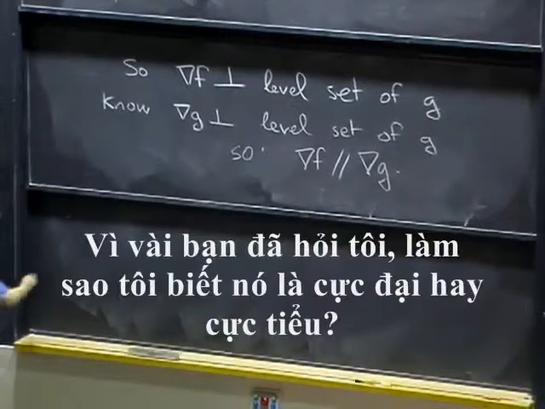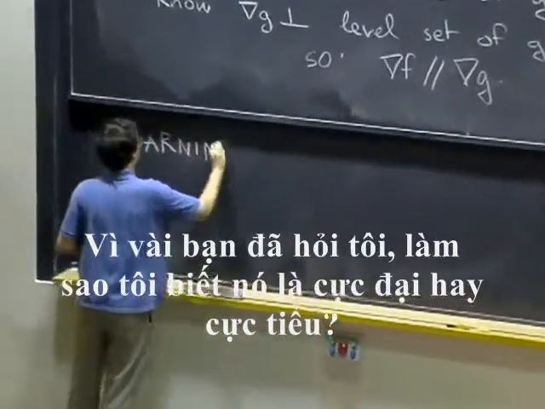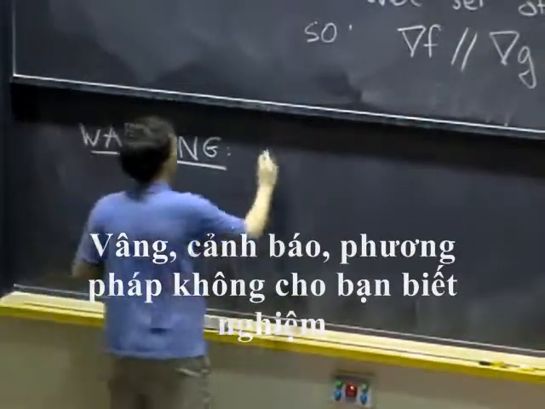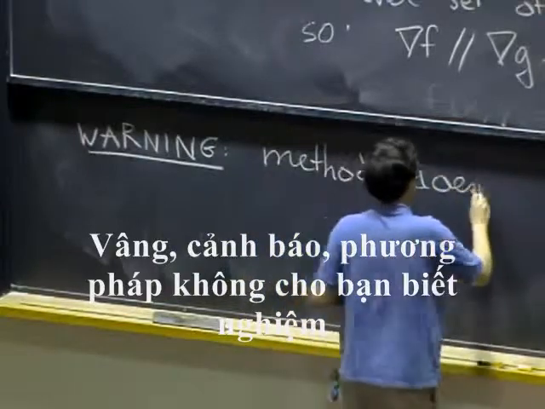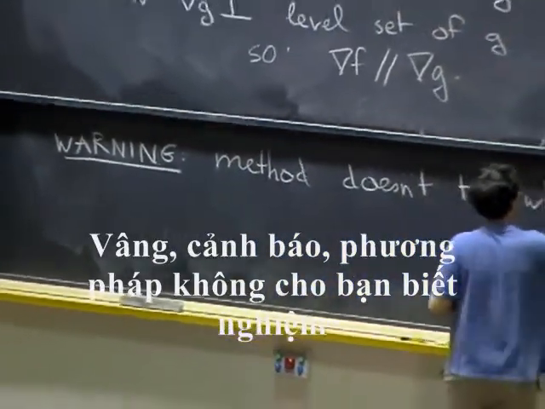Okay, so since I've been asked by several of you, how do I know if it's a maximum or a minimum? Well, warning, the method doesn't tell whether a solution